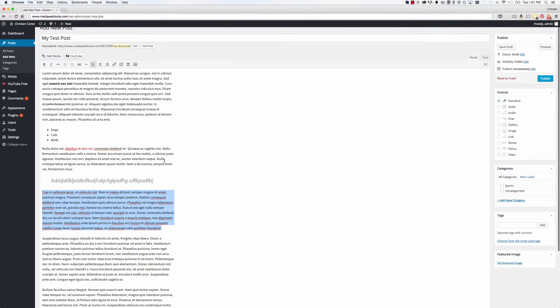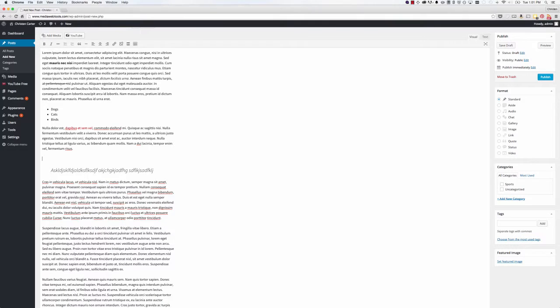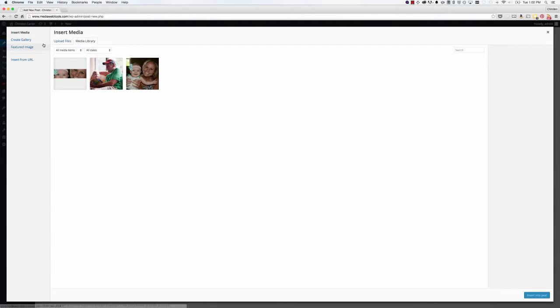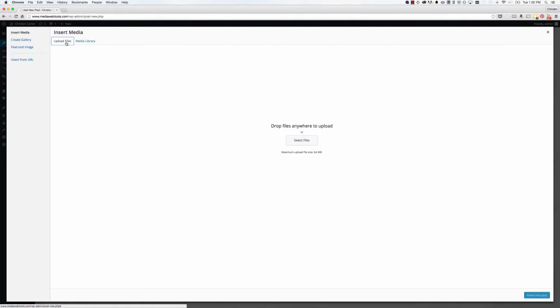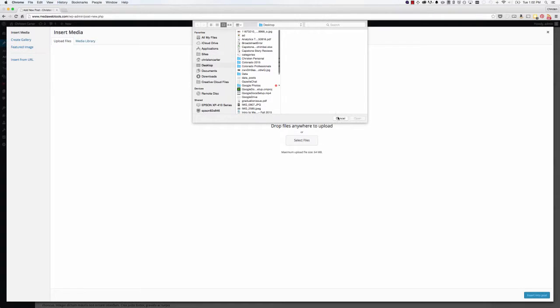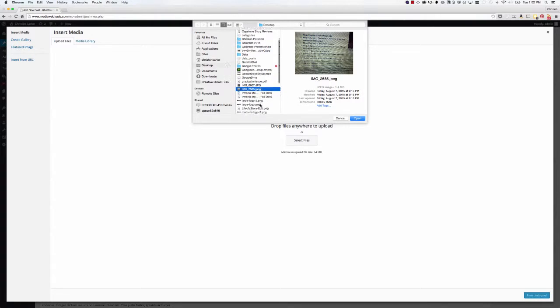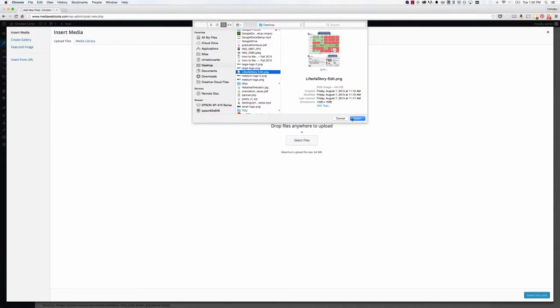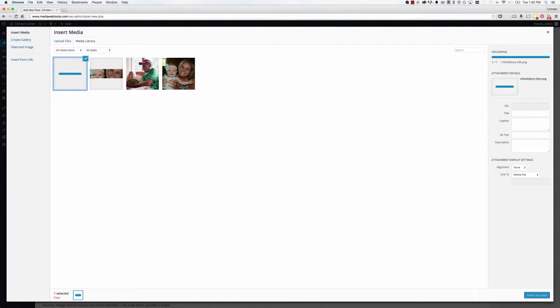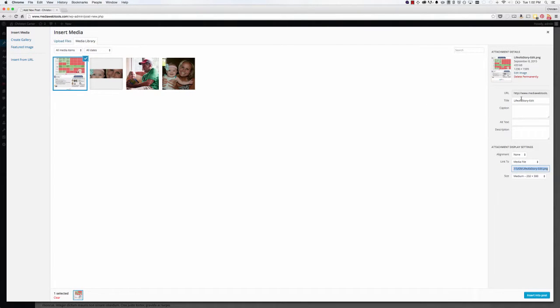And then if you wanted to add images, the reason that YouTube is here is that I have a plugin installed, so you guys won't have that there. But if you wanted to add images or videos, you could do that by clicking Add Media, and then you could upload files from your computer. So maybe I'll just take one of these pictures from my computer, open it, and then if there's any information that you want to add, you can do it over here. So you might add a caption or something. This is a